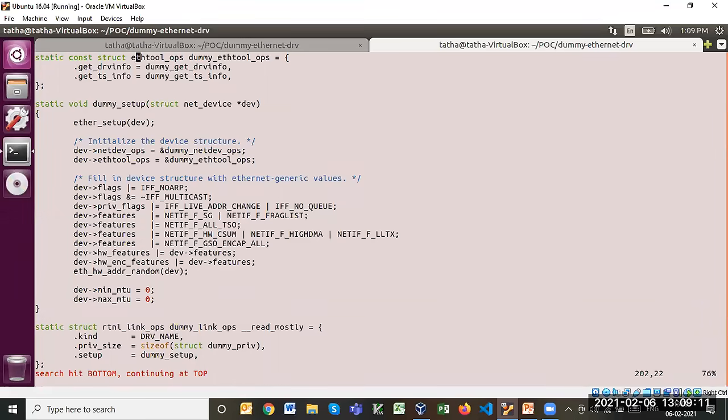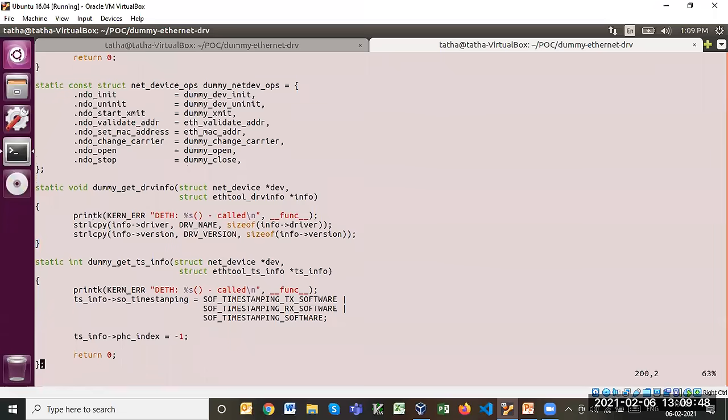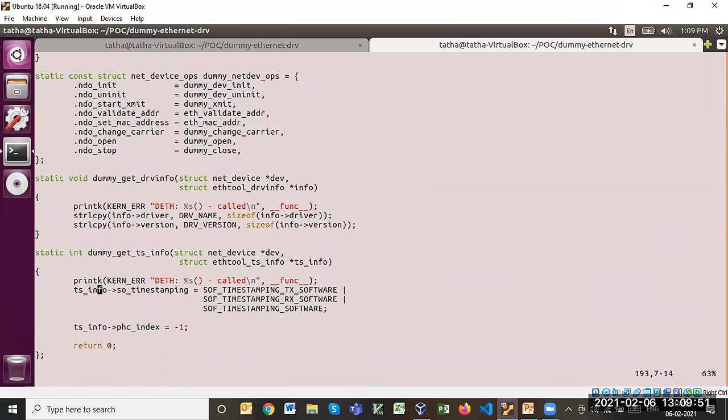In this case, this is getting called on the network device, as you are assigning this particular set of operations to the dev. This dev is actually an instance of the net device. So you are assigning this particular operation, a set of function handlers, to the network device. Let me go through this function. This function provides you the driver name and the driver version. Similarly, if you want timestamp related information, this can also be retrieved from the driver.